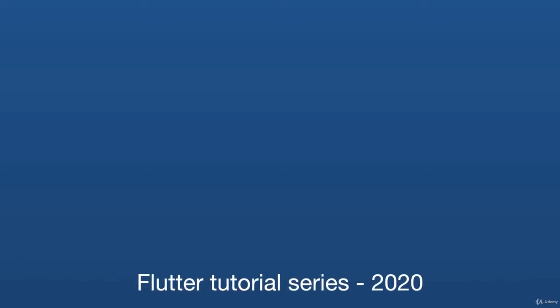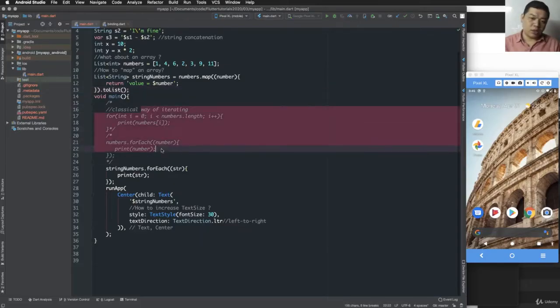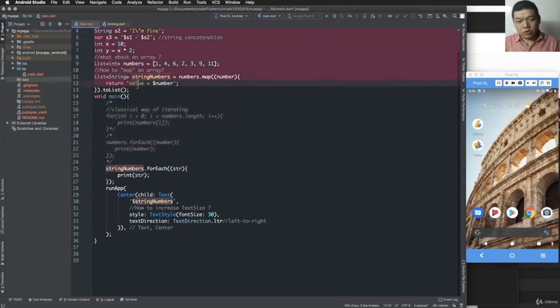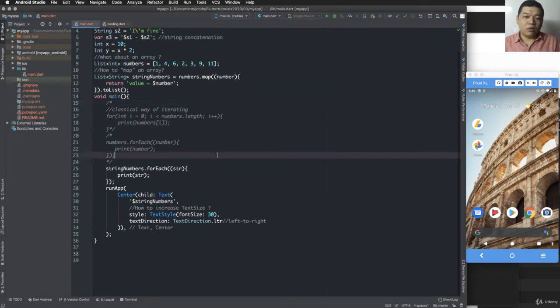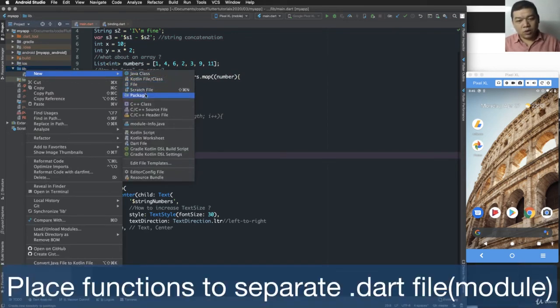Hello everybody. Today we continue with Dart, and we continue with class, object, method, and constructor in the Dart programming language. In the previous lesson, we learned about property, variable, list, etc. And in this lesson, we create a new